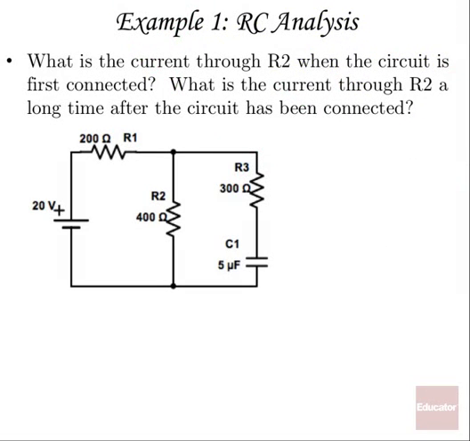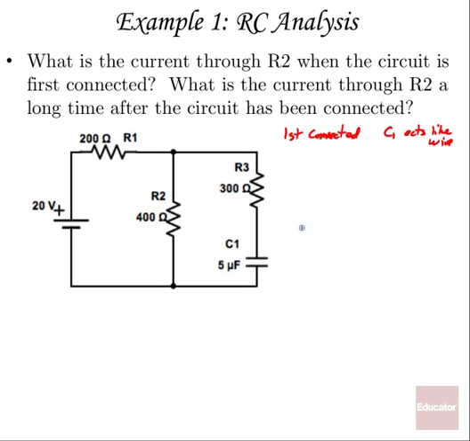So let's take a look at our first example here. What is the current through R2 here when the circuit is first connected, and what is the current through R2 a long time after it's been connected? Well, when it's first connected, in that case, C1 acts like a wire. So I'm going to draw the circuit as if C1 were a wire at that point